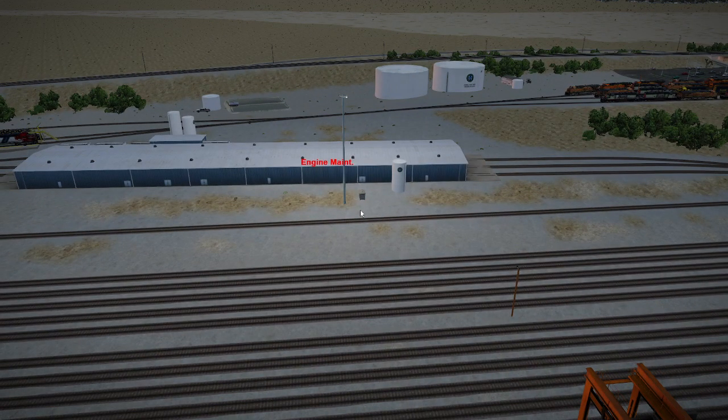Well, if we want to run it just as a local and get it out of the yard and go, okay, we can do that. We can drop the cars and put a couple, 2, 3 engines on the front of it, and out to the local we can go. Or